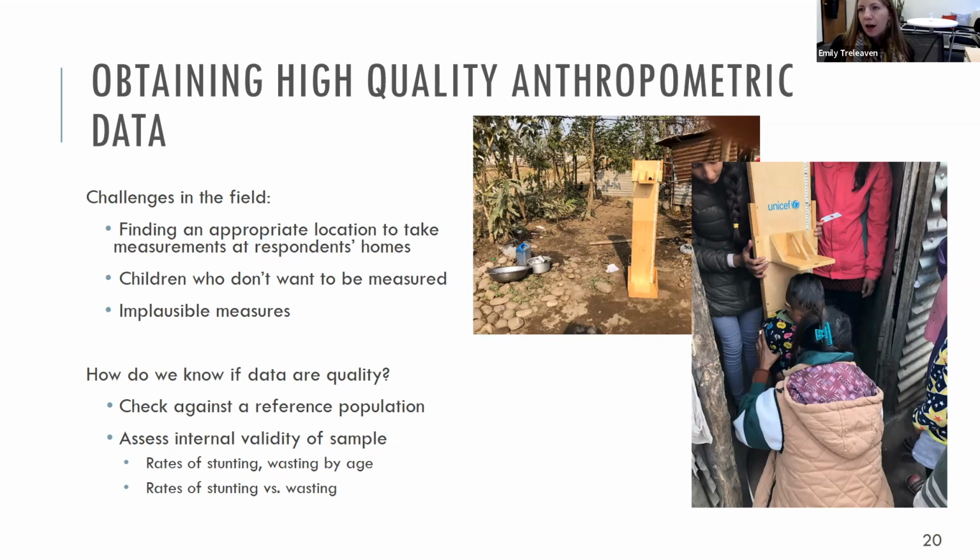For example, stunting is generally low in infancy and then starts to increase with age, peaking around ages 2, 3, 4. So if we saw higher rates of stunting in infancy that decreased later in early childhood, that would be a flag that something was amiss. Wasting in an opposite way tends to be highest in infancy and then declines. And then rates of stunting, which measures chronic malnutrition, are always higher than rates of wasting, which is acute malnutrition, because stunting is measuring a chronic condition. It accumulates over time versus wasting is a short-term outcome.